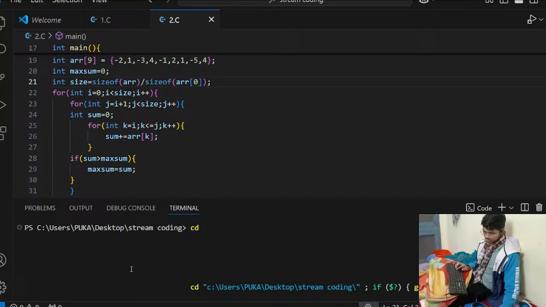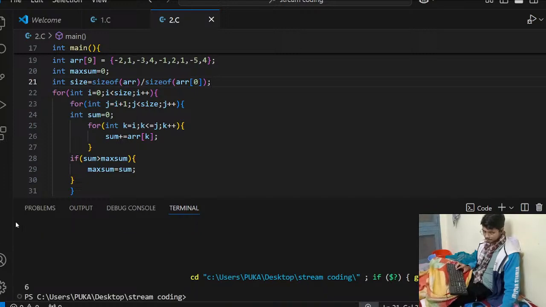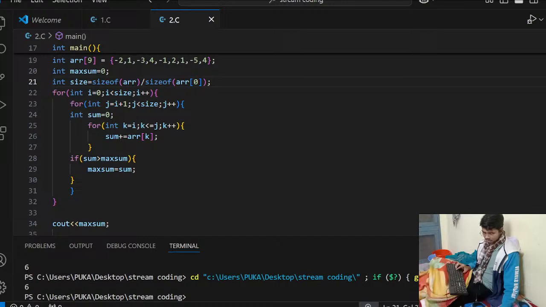Now it should work for 6. Okay, so it's working. I guess we have done it. And if there is any other example, let me quickly check. I can make an example, but then